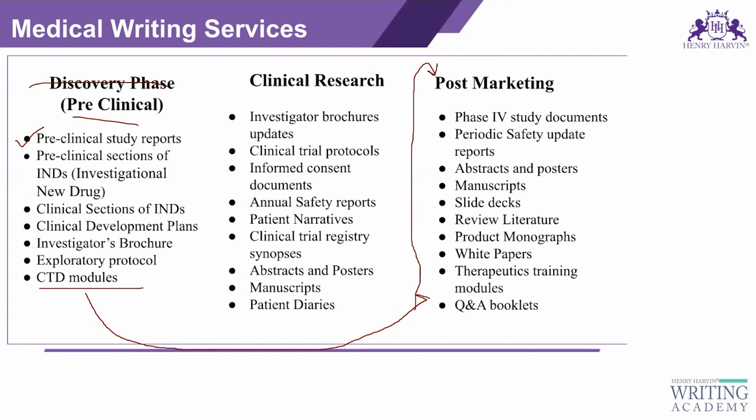Then module number 2 is related to overviews and summaries. It contains the QOS, the quality overall summary of the drug. It contains clinical and non-clinical summaries, and the clinical and non-clinical overview. Then module number 3 is related to the quality of the drug, where you have to write about the pharmaceutical